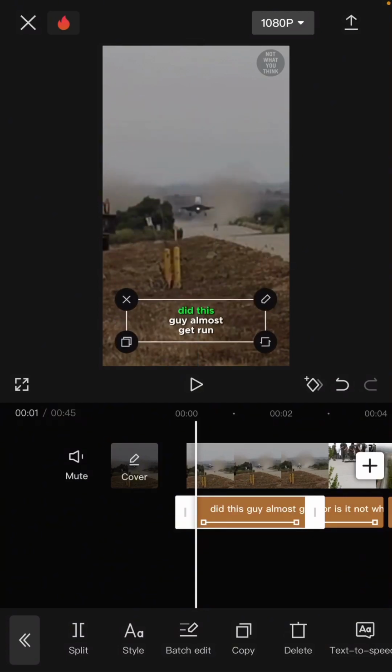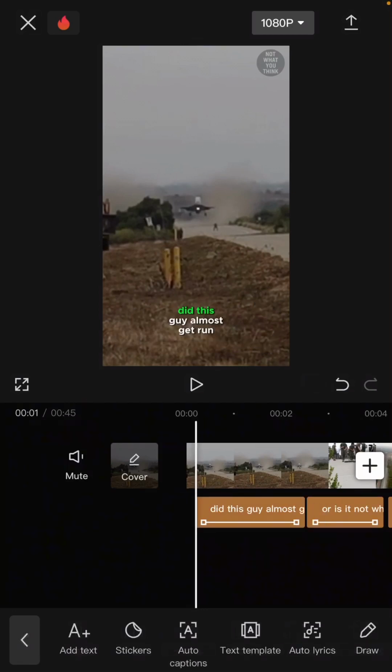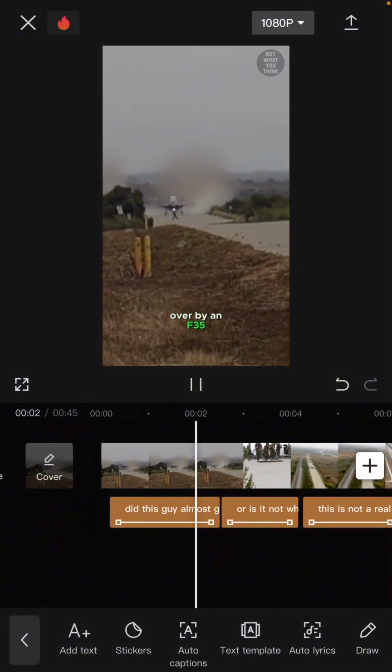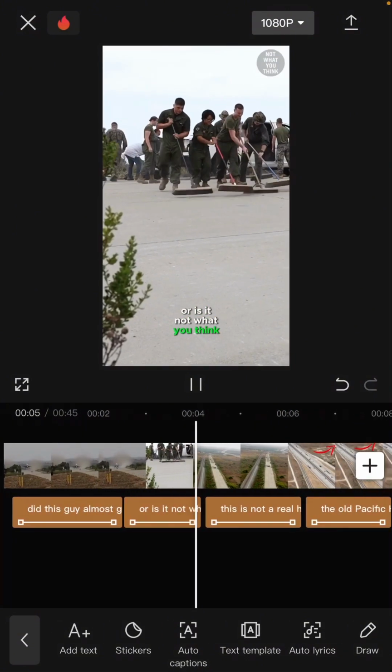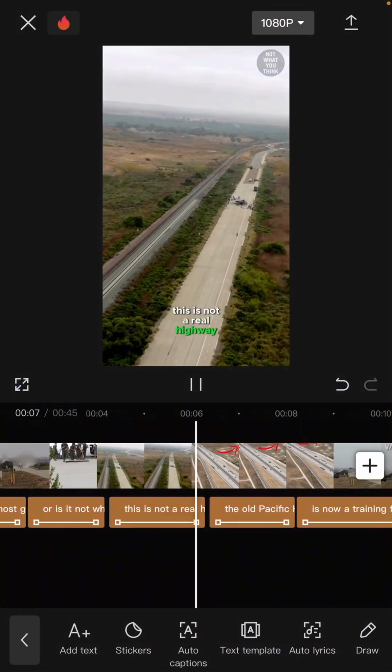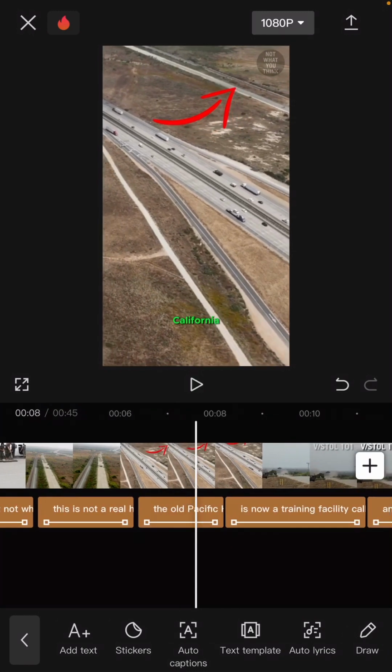Did this guy almost get run over by an F-35, or is it not what you think? This is not a real highway. The old Pacific Highway in